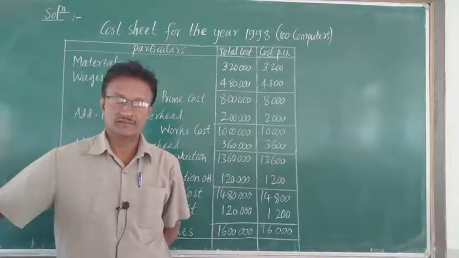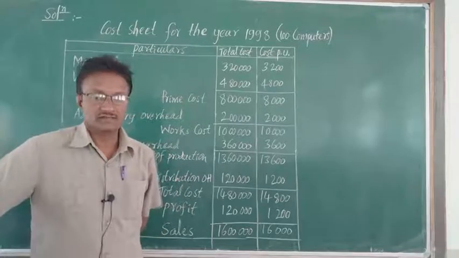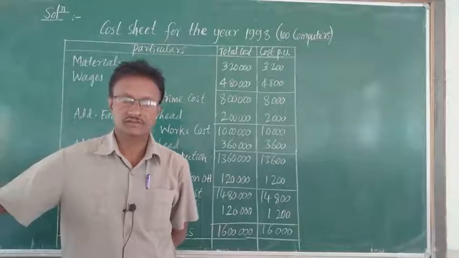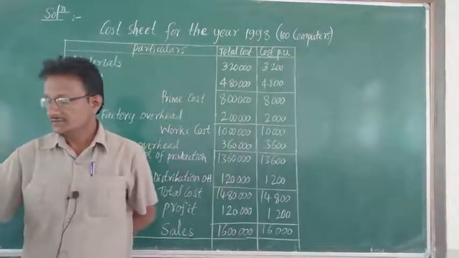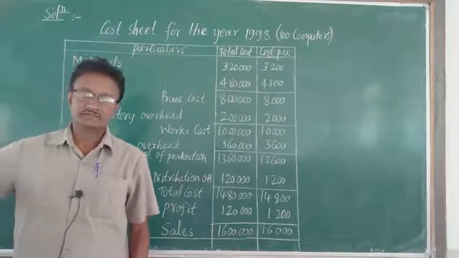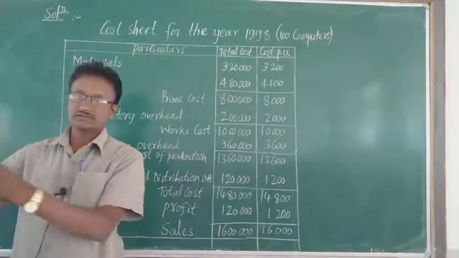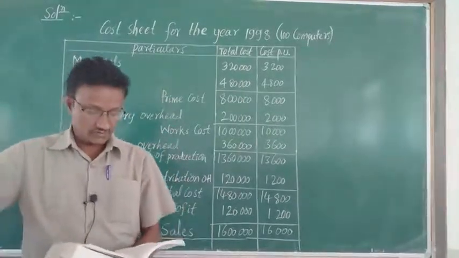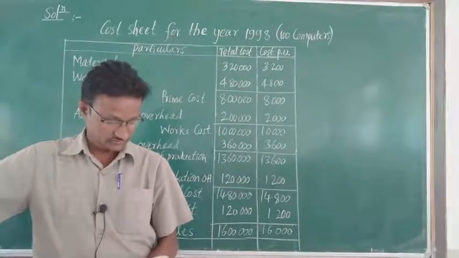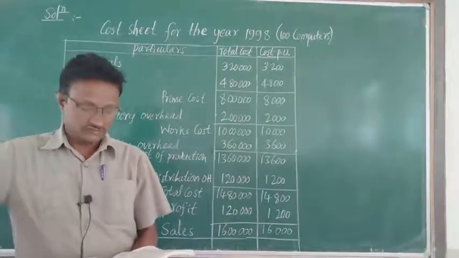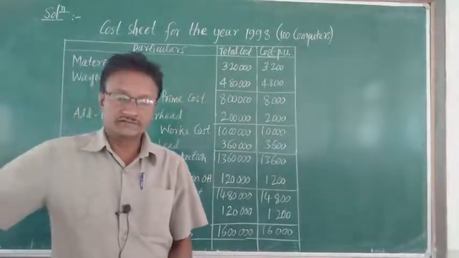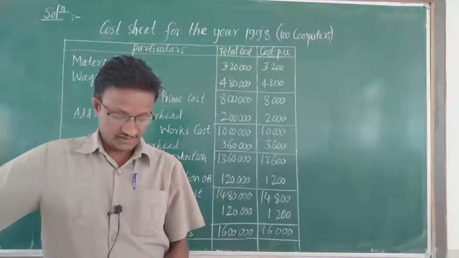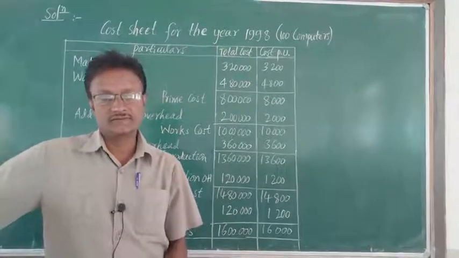Solutions on cost sheet. In this class, let us discuss one more problem and solution on cost sheet. It is the exercise problem given in the book, under the heading problems based on tenders and quotations. The problem is: a company manufactured and sold 100 computers, and following are the particulars for the year